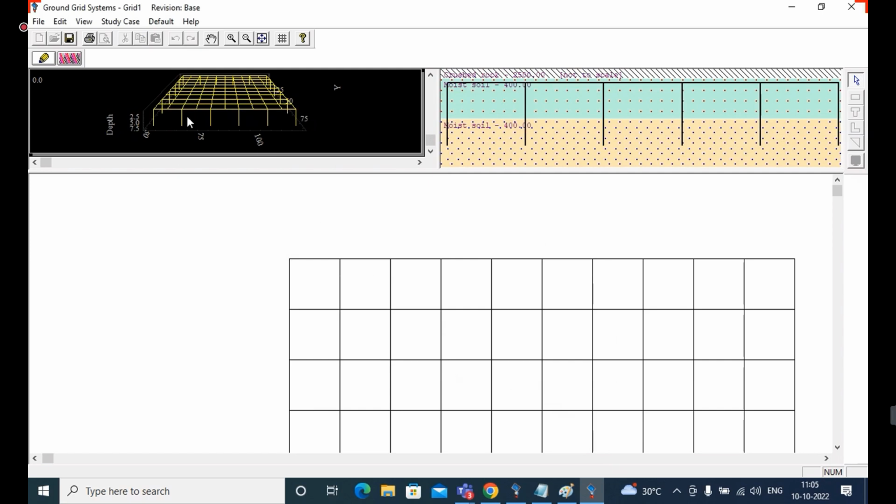Can you see here? In the corner places, the rod is placed automatically. In that IEEE method, it is placed automatically. Can you see here? 1, 2, 3, 4, 5, 6, like that. One in each place, rod 1, 2, 3, 4, 5, 6.